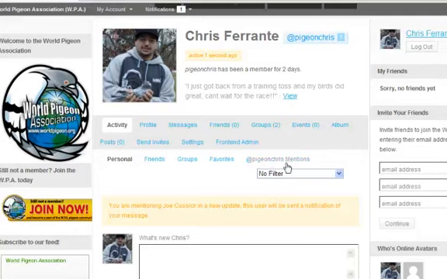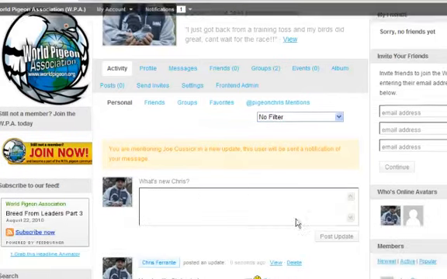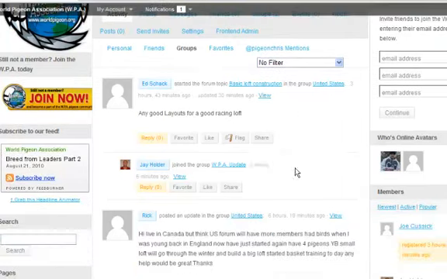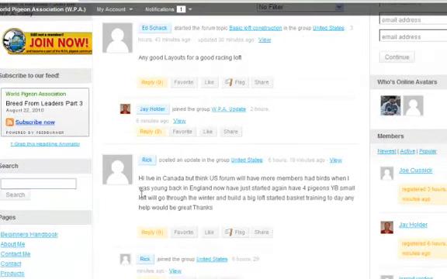Now that's basically the sub-tabs. Now I just wanted to show you something a little more about the updates. Now if you see here, anybody who makes an update or any update within the WPA, there's a few things I want to show you. If you see here, J Holder, it'll actually show the person who made the update and what happened. So it says J Holder joined the group WPA update 2 hours 6 minutes ago. Now right under all posts you could see a reply button, which you could simply hit reply